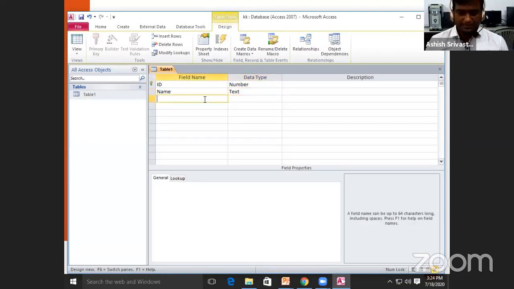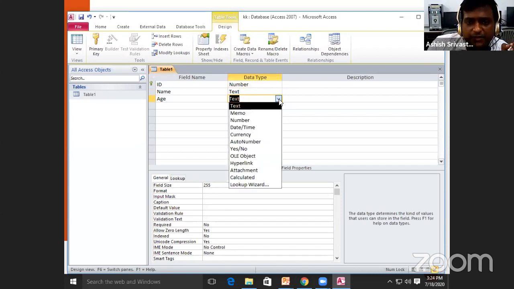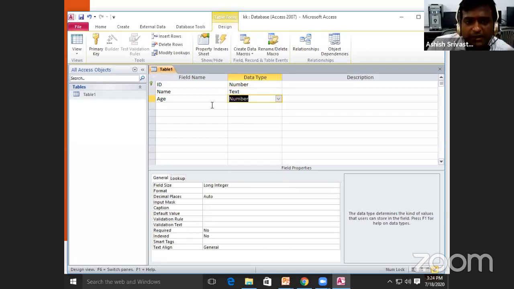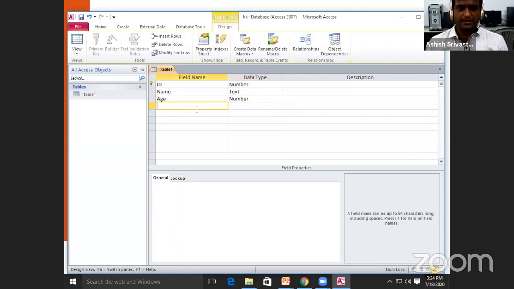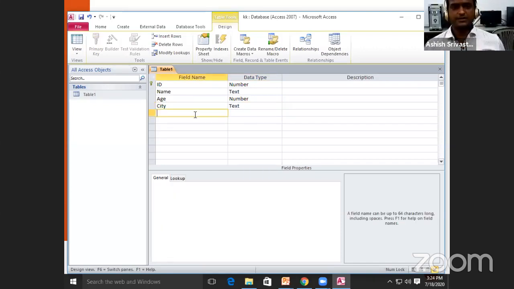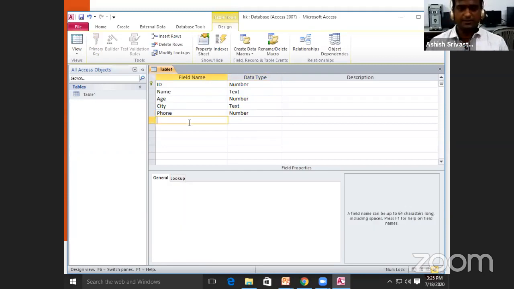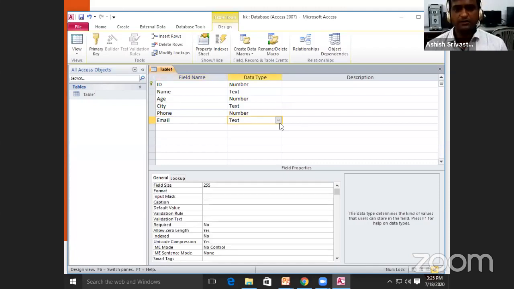इसी तरीके से suppose that मैं यहाँ पर एज कॉलम बनाना चाहता हूँ, तो एज कॉलम के रिगार्डिंग, चूंकि एज कॉलम में न्यूमेरिकल वैल्यू इनपुट होगी, इसलिए यहाँ पर डेटा टाइप टेक्सचुअल नहीं भरेंगे, बल्कि यहाँ पर डेटा टाइप नंबर भरेंगे, क्योंकि एज कॉलम में जो भी वैल्यू फीड होगी वो नंबर फीड होगी। इसी तरीके से suppose that मैं सिटी कॉलम रखना चाहता हूँ, तो सिटी में भी टेक्सचुअल वैल्यू फीड होगी। और suppose that यहाँ पर मैं फ़ोन नंबर रखना चाहता हूँ, तो फ़ोन नंबर में भी वैल्यू नंबर ही फीड होगी। इसी तरीके से यदि मैं यहाँ पर ईमेल रखना चाहता हूँ, तो ईमेल के लिए जो भी डेटा टाइप होगा वो हाइपरलिंक डेटा टाइप होगा।